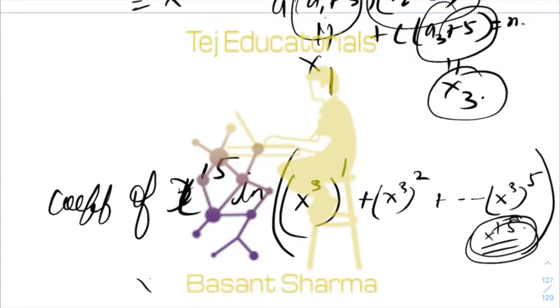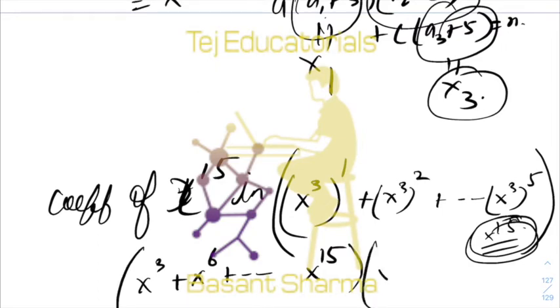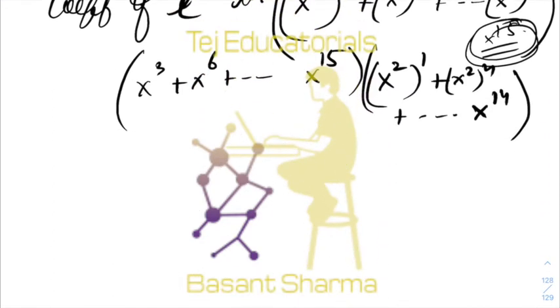So the first bracket will go from x cube plus x to the power 6, so on till x to the power 15. The second one will start with x square, x to the power 4, and till where can it go? Obviously it can go till x to the power 14 only, right? Okay, and the third one has no restriction, so at least one must be given, so it will start with x to the power 1, x square, so on till